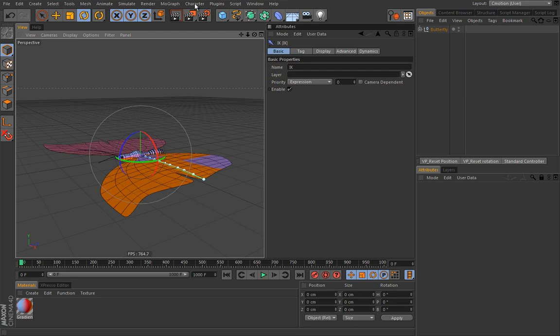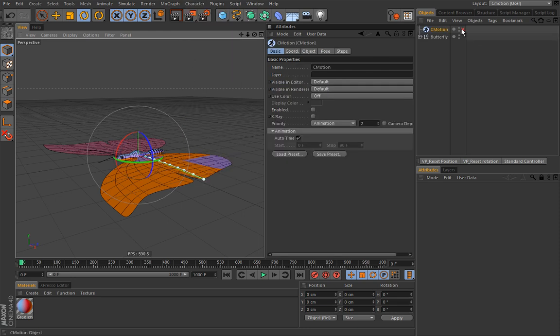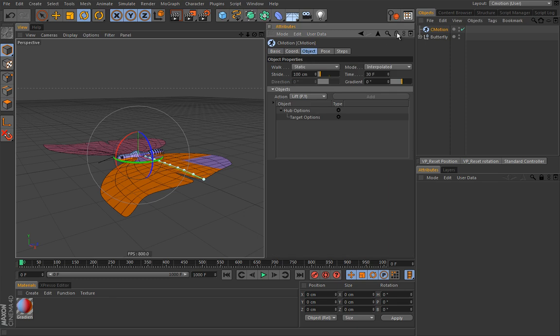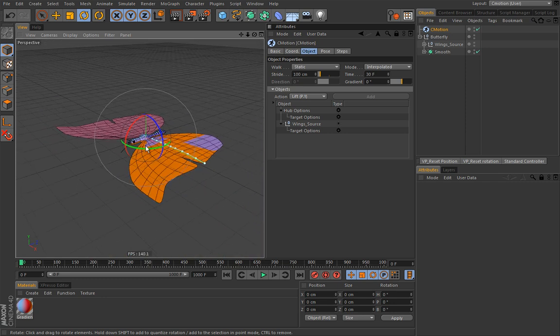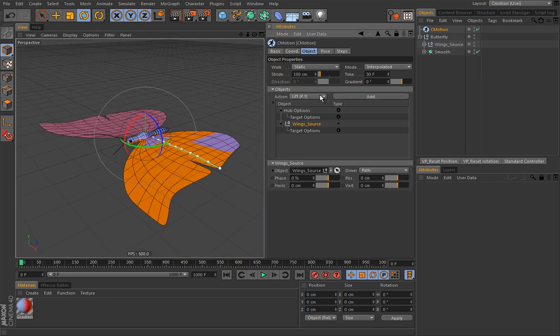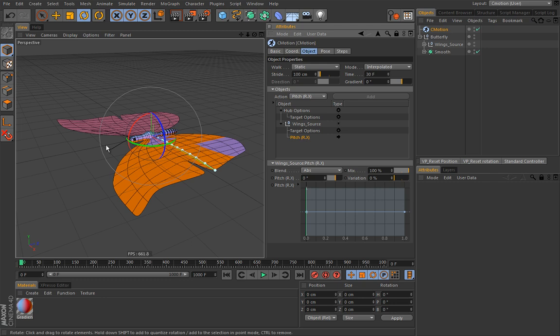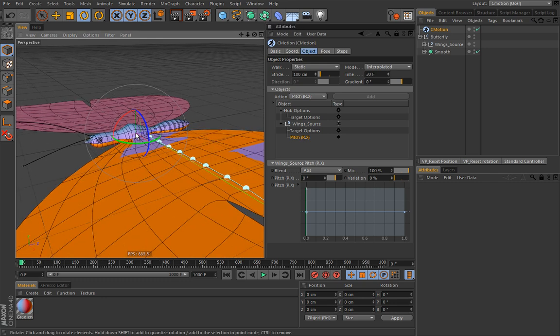Okay, so let's create our C motion system like this. We will enable it. You can lock this manager and drop this wings source inside the list. And you will immediately see that we need to just drive a simple rotation. And in fact, in this lesson, I will try to use the simplest examples with a minimum amount of actions, preferably 1 or 2, so you can easily follow and get the grips of these. So now we have a pitch rotation that is around this x-axis, and